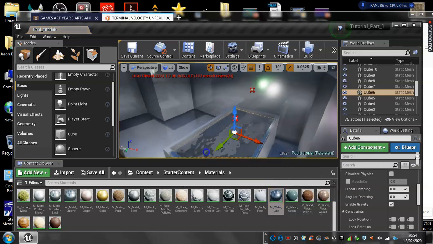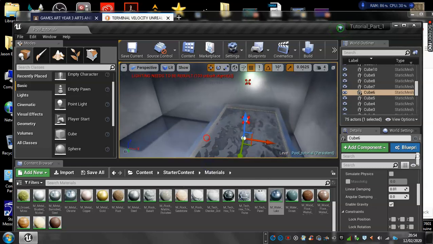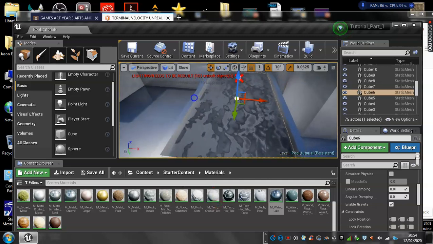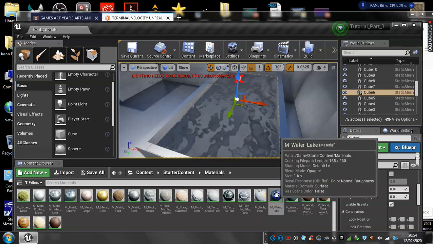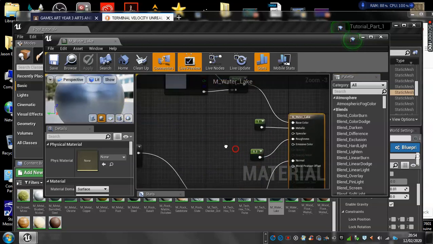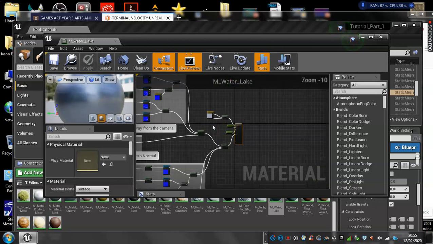Now if you were to do this, what you may find is it's not as kind of detailed. It might be sort of stretched. If you double click on the actual material, you bring it up in the editor. Now, in a minute, that should show up. There we go. Right. So if you zoom out with the middle mouse, you can see that it's actually